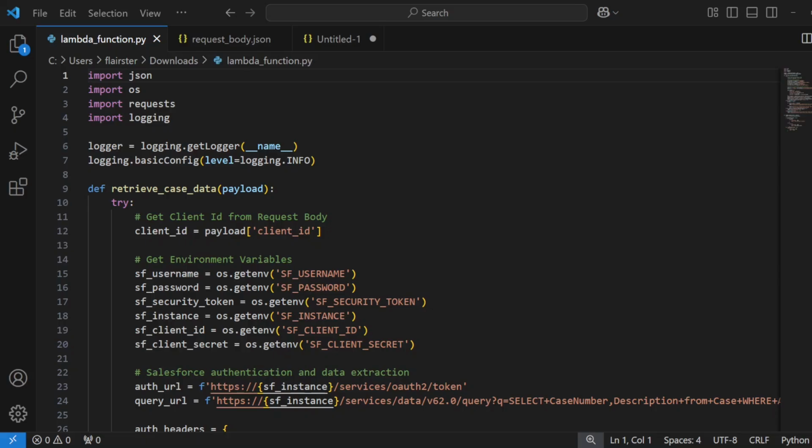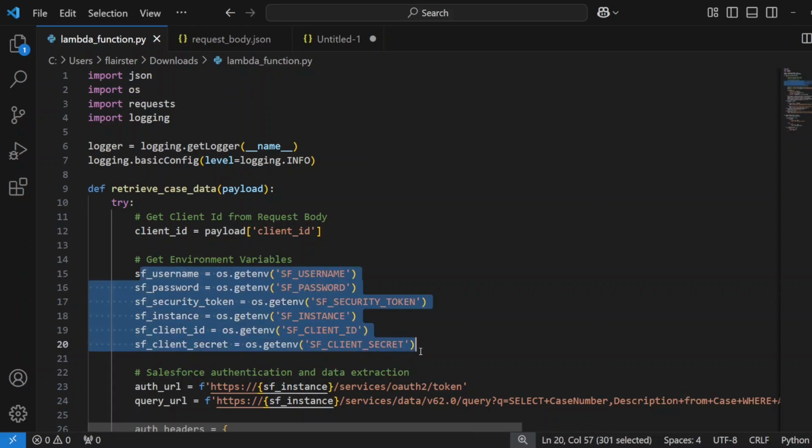Let's get into the Python that's actually in the AWS Lambda that allows us to retrieve this case information. And it's a lot longer than it should be, but I made a lot of error handling available in this Lambda function, so it's actually simpler than it looks. First, you import JSON, and that's used for any JSON manipulation that we're going to use later on. Import OS, used for environment variables that we're going to pull. Import requests. This is the easiest library to use in order to do these REST API requests from the Lambda